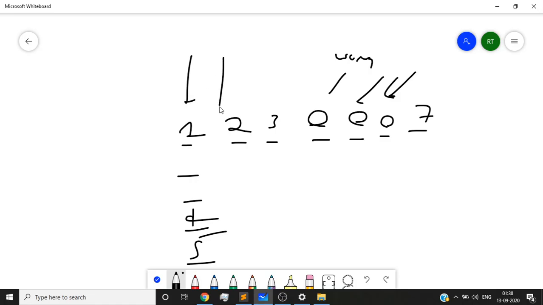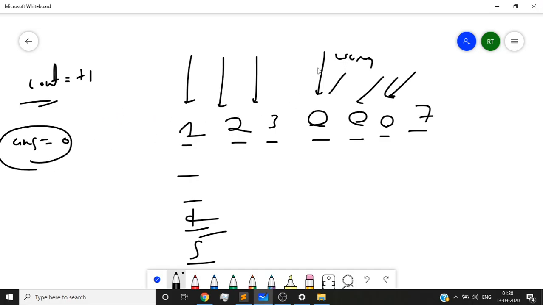We start our iteration. Basically whenever we encounter a wrong element, we will increment our count. This is not our answer, this is just a variable which will count the number of consecutive wrong elements. Let's say this is our answer, which is initially 0. So we reached there and we incremented our count. Then we reached there, we incremented our count, now our count is 2, and then here our count is 3.